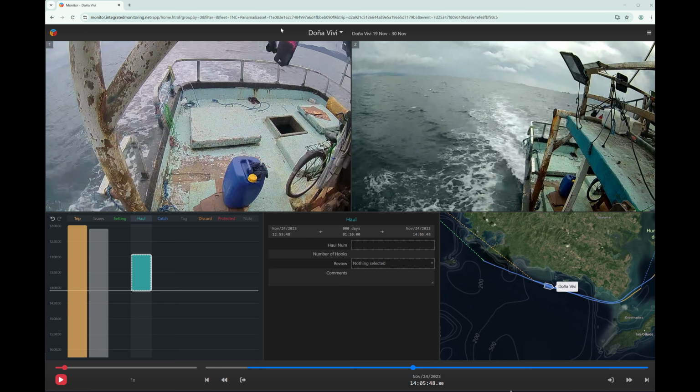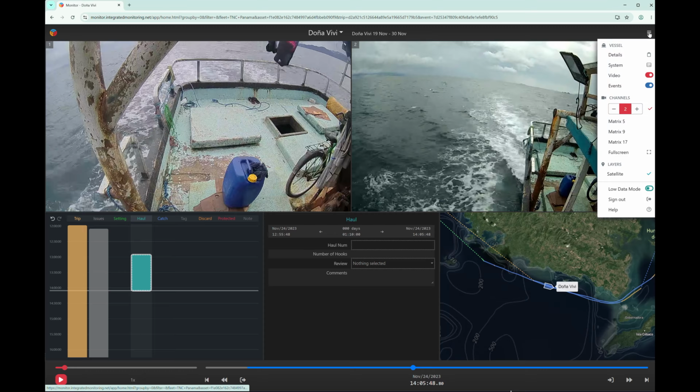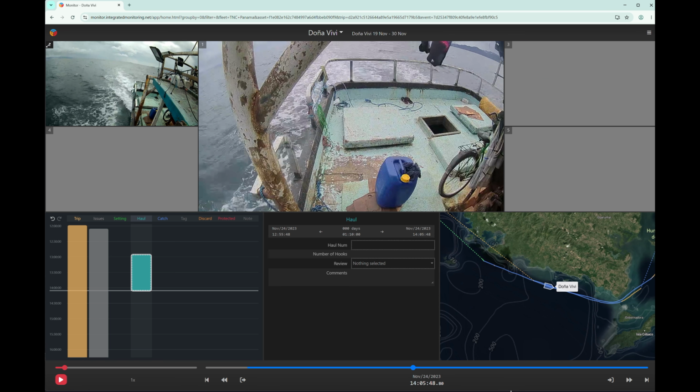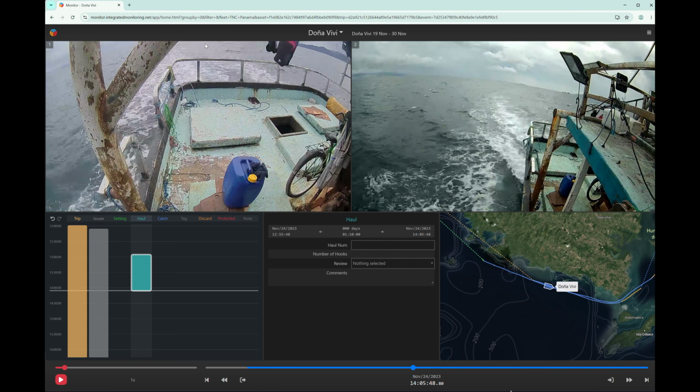This concludes our walkthrough of the different functions and features of the main view platform for the video. We talked about the vessel name at the top center, the trip name to the right of that, our menu that exists in the upper right-hand corner. We spoke of the functionality of the different camera windows toggling through main focus, as well as the different functions at the bottom of our screen with our playback controls,